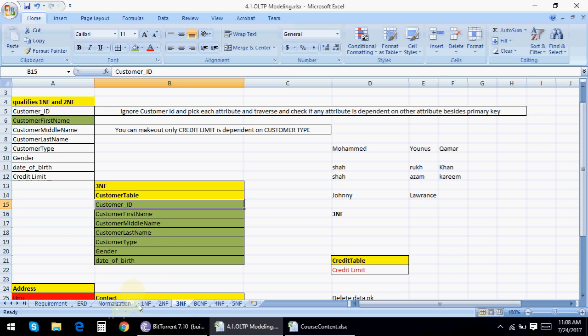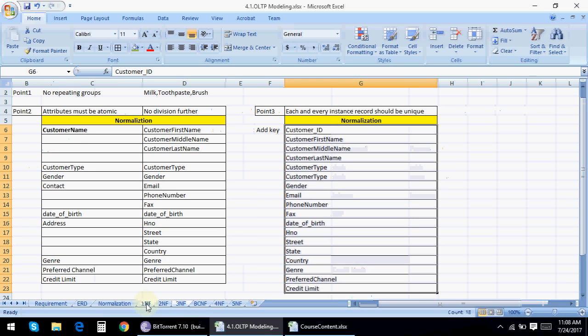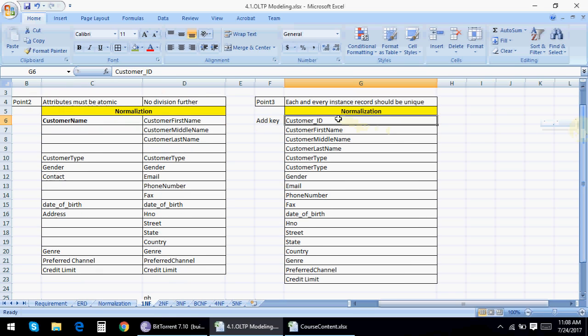I have mentioned in 1NF that each and every record should be uniquely identifiable, but it's not necessary that you have a dummy column for making a unique identifier. You can also have a phone number and date of birth combination, which will form a unique combination, because phone number will be unique and date of birth may be redundant.